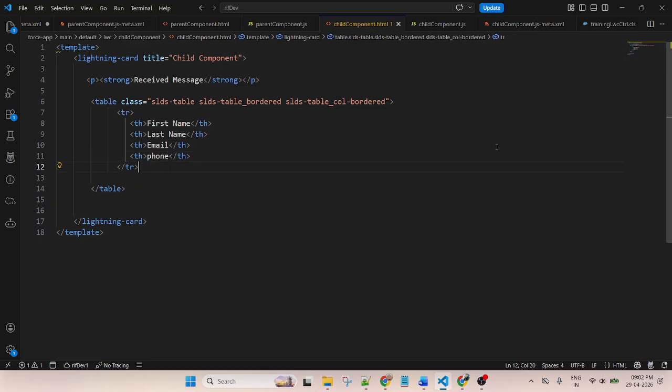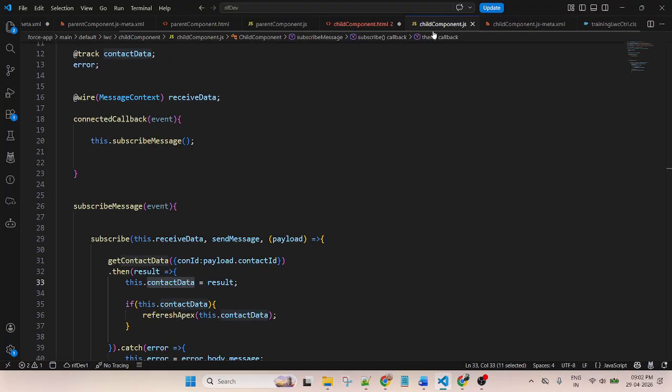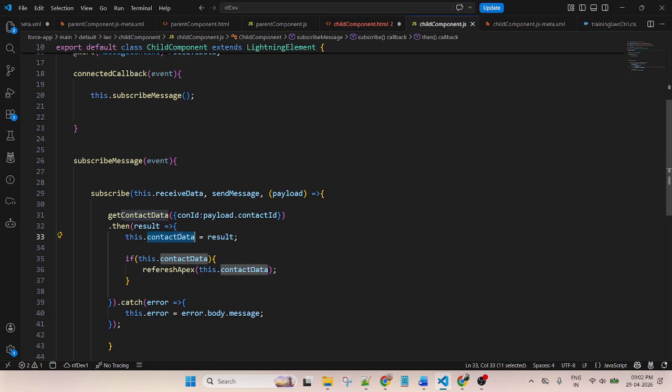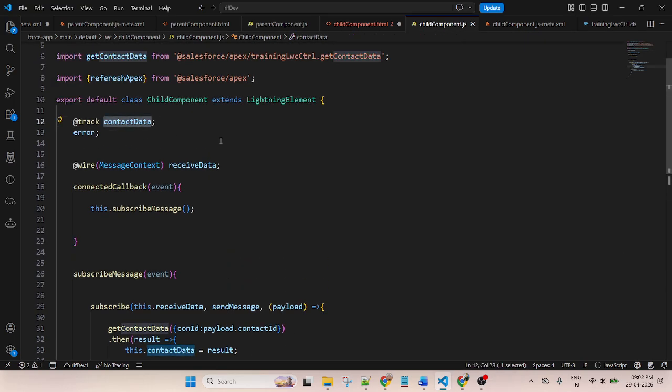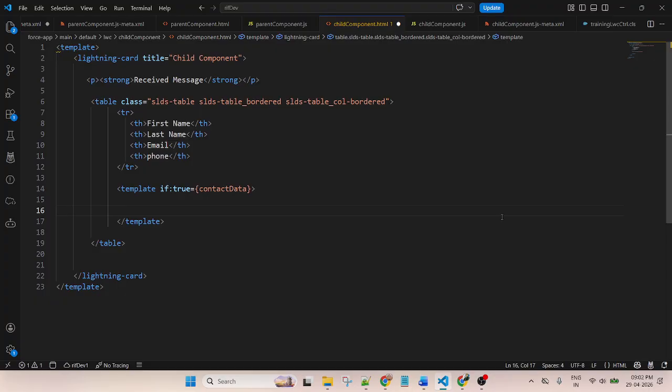Now I want to display the values dynamically. So how to display values dynamically? Use a template and check the condition. I am storing data inside this track variable. So if this track variable has data, if true, then